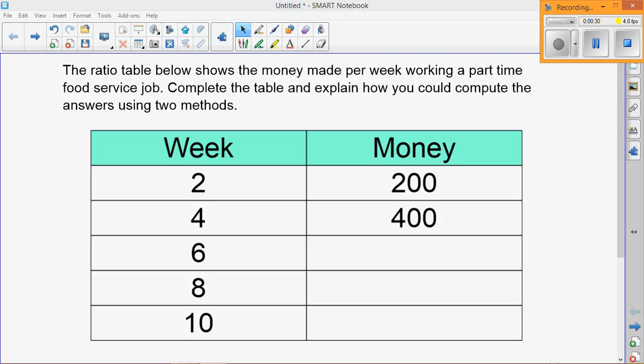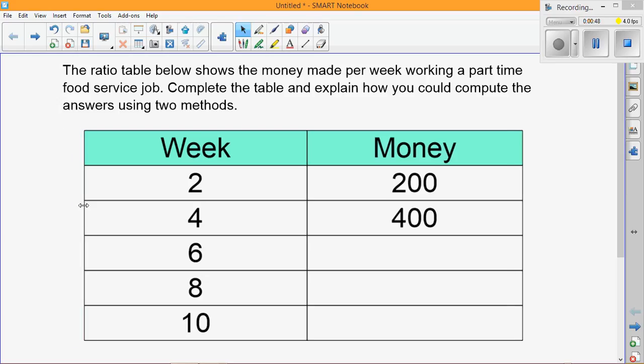So the first method is the counting up method. It's the addition method. We count up by our ratio. So if our ratio is 2 to 200, then we count up by 2s in the week, and we count up by how much money under the money. So if you notice,